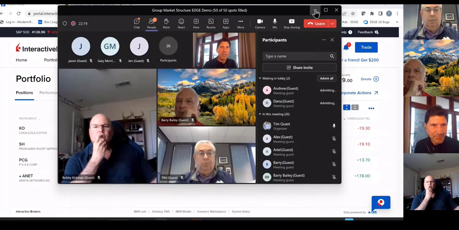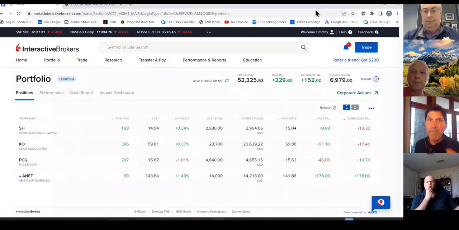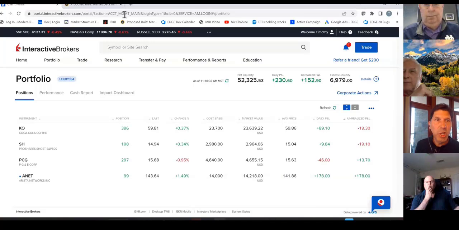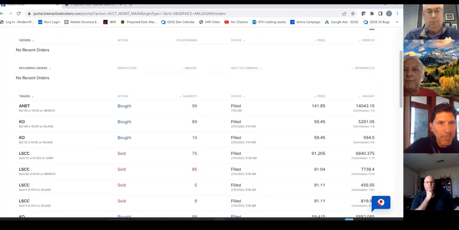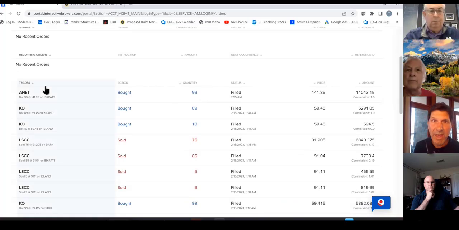Let me let everybody in. And I pay commission so I can track my trades. I'd like to know where they occur. So over here, I can go back and look at my orders and trades and see how and where and why they executed. So I bought ANET, which was the best today. I looked at it, so okay, well, I'm buying that, and I'm still in it. Do I want to take gains? Yes, I do. There's not a lot because I don't own very much.